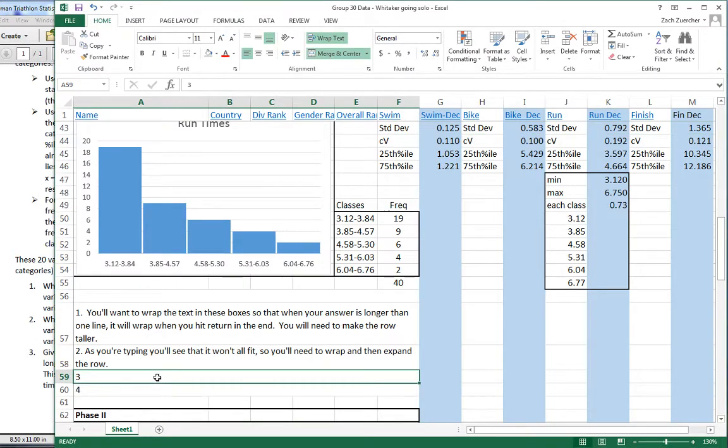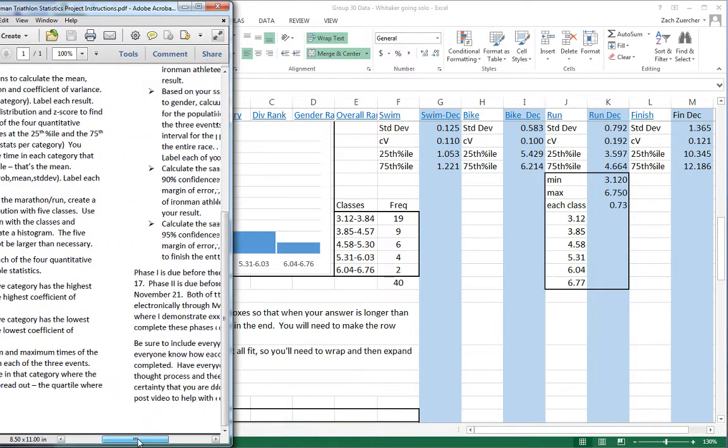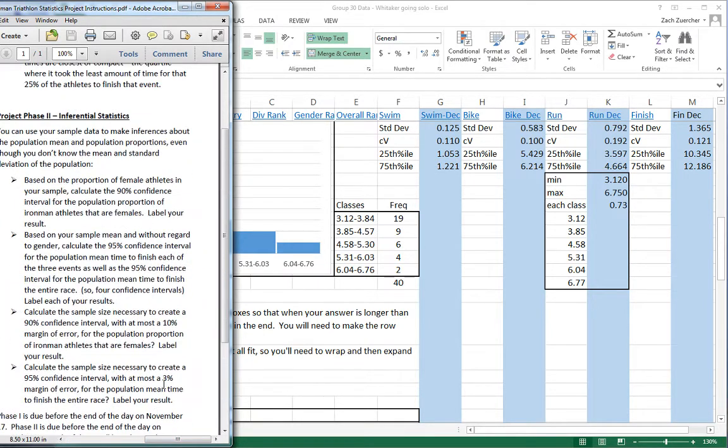So in the bike, the run, the swim, the bike, and the run, you're going to give me the minimum amount of time and the maximum amount of time required in the longest quartile. Okay? There's going to be some quarters of your data where a quarter of the athletes are coming in real close together. There's also going to be other quartile of your data where the athletes are a little more spread